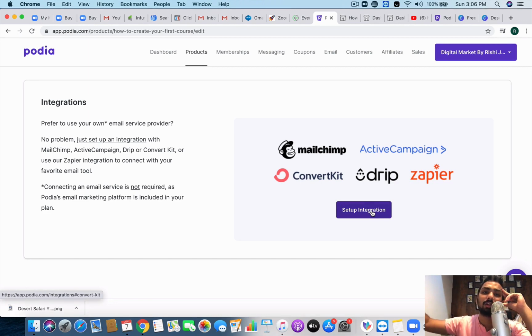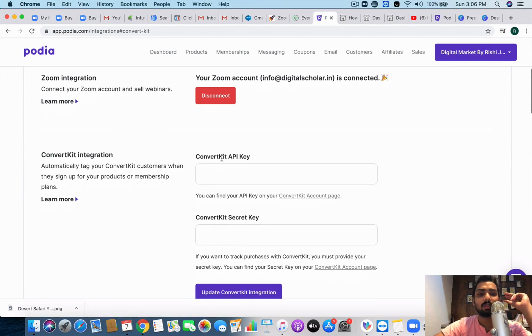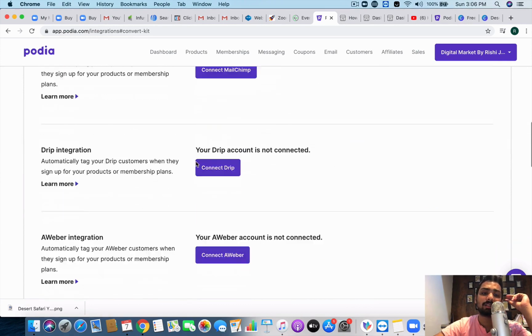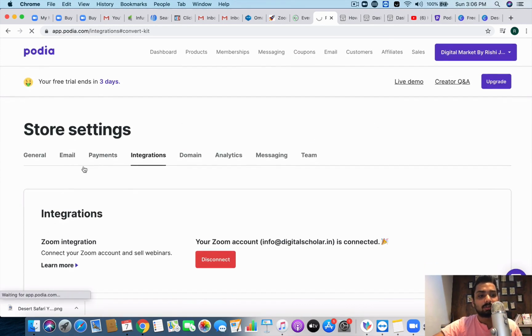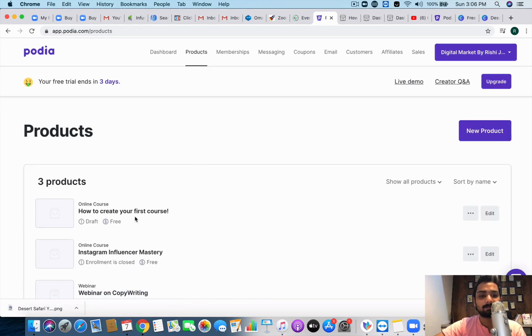If you want to connect it to your email marketing tool and all of that, it's possible through this particular setting over here. You can connect to Zoom. See, my Zoom account is already connected. You can connect to ConvertKit, and all of that is possible in this case. So, getting back to the product settings,